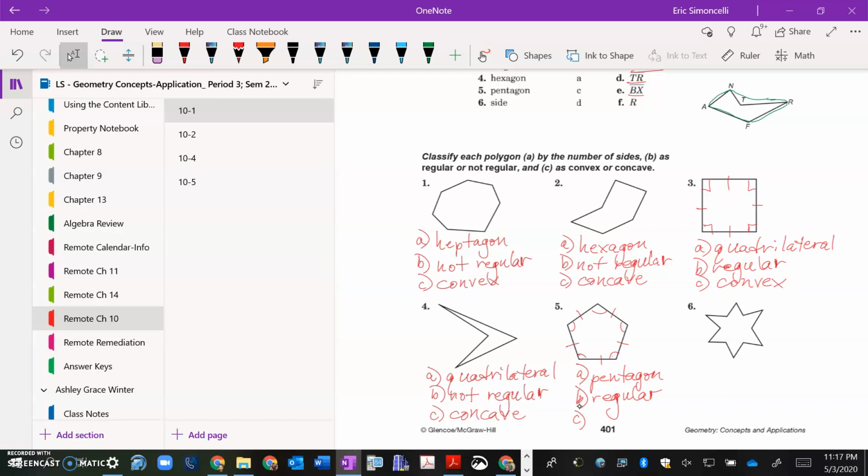So part C, concave or convex. Again, we're going to see here that the rubber band trick works in convex, so convex. Last but not least, there are 1, 2, 3, 4, 5, 6, 7, 8, 9, 10, 11, 12 sides. This is called a dodecagon. Okay. No, not all the sides are congruent, so this is not regular, nor are all the angles congruent. So again, not regular for those 2 reasons. And then part C,